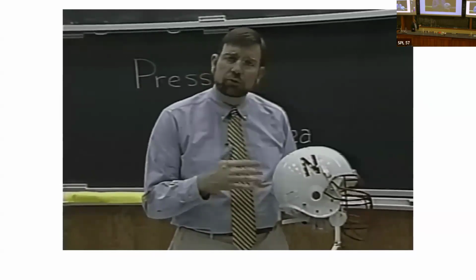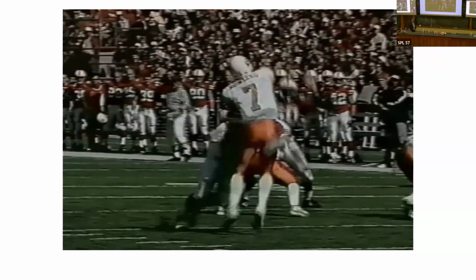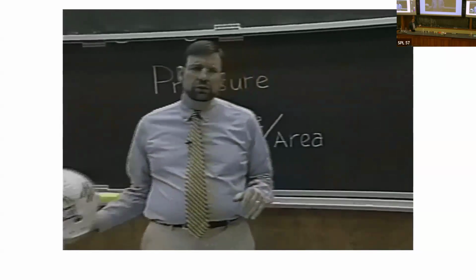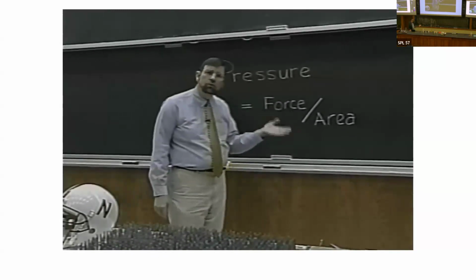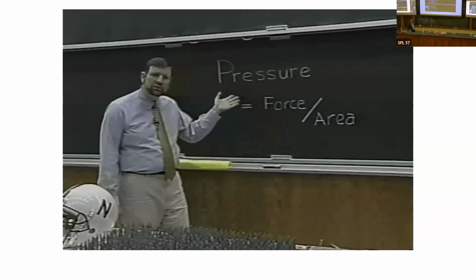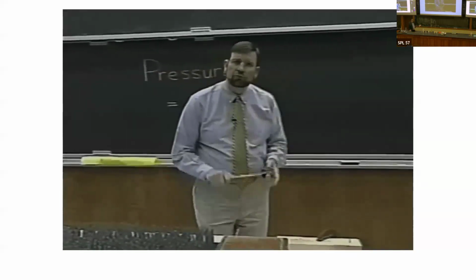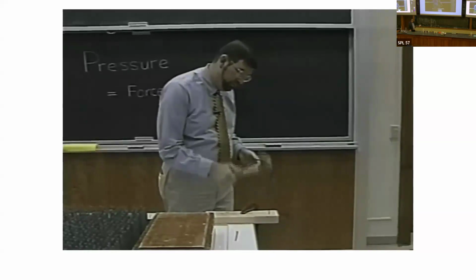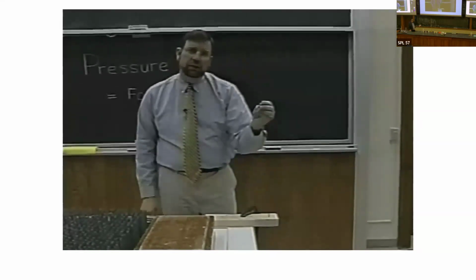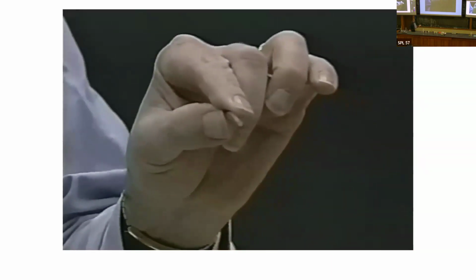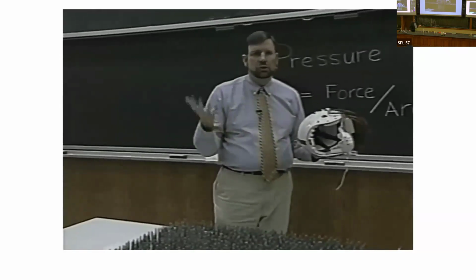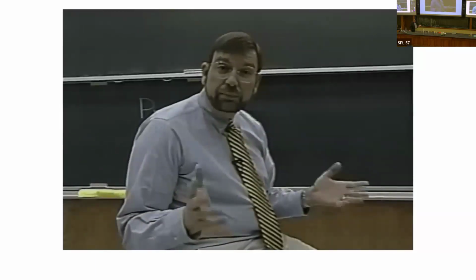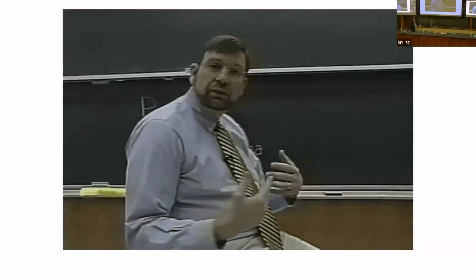To a player's head over a larger area. A sharp, concentrated blow to the head delivered by a large force can cause serious injury. But it's not the force that matters so much here, it's the pressure. The formula for pressure is force divided by the area over which the force is applied. From this equation, we can see why a carpenter, using a relatively small force, can drive a nail into a board. The cross-sectional area of the nail is relatively small. A helmet distributes the force of the blow over a large area, thus reducing the pressure that the player's head feels. In the same way, the principle of distribution of force allows me to lie down on this bed of